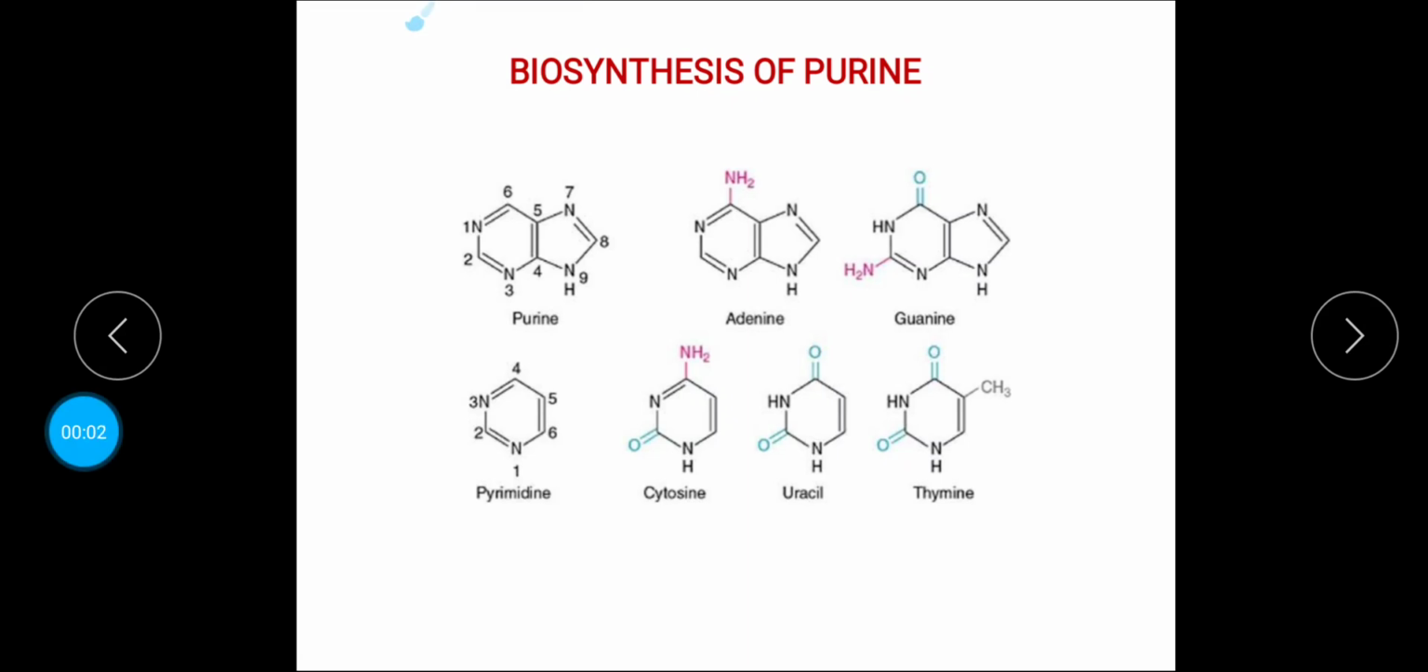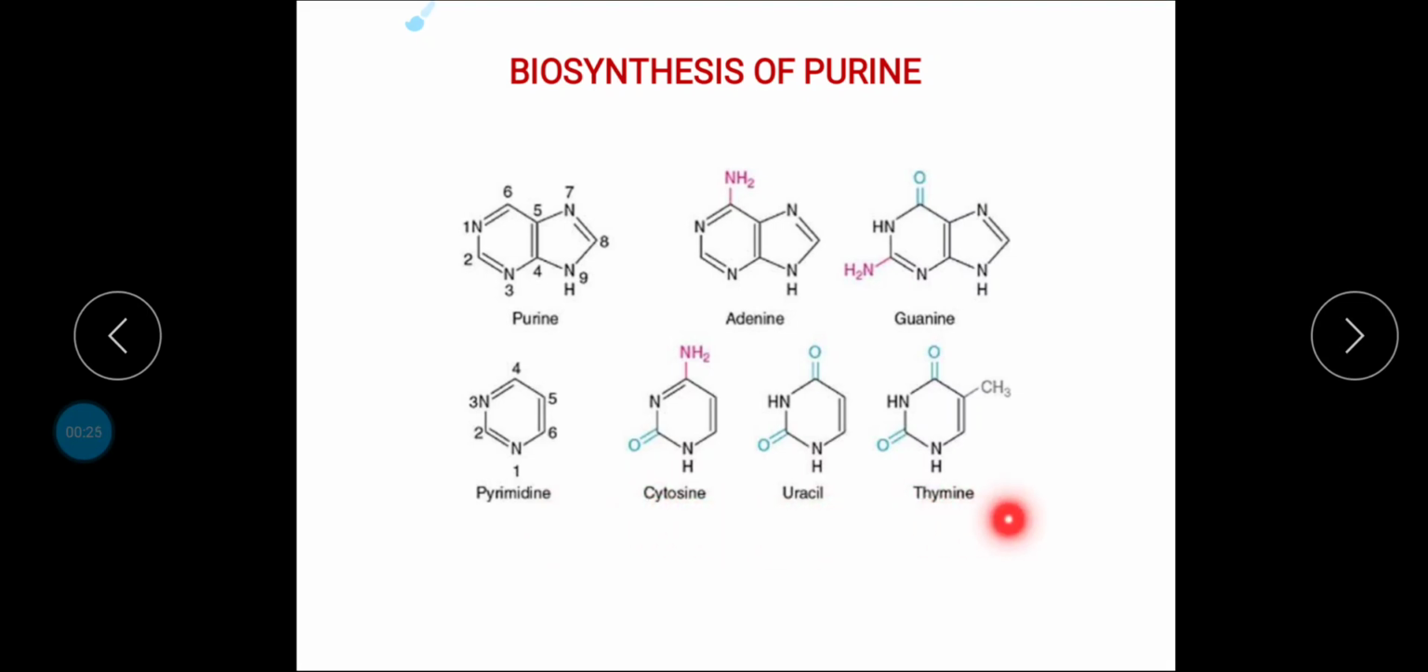Hello students, today we will study about biosynthesis of purine nucleotides. There are two types of nucleotide, that is purine and pyrimidine. Purine type of nucleotides available in our body are adenine and guanine, whereas pyrimidine exists in the form of cytosine,